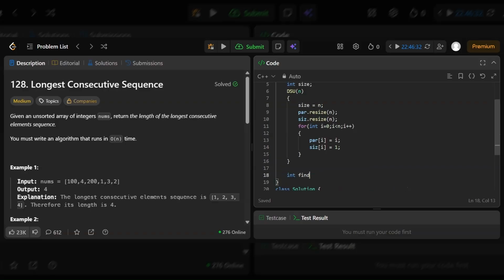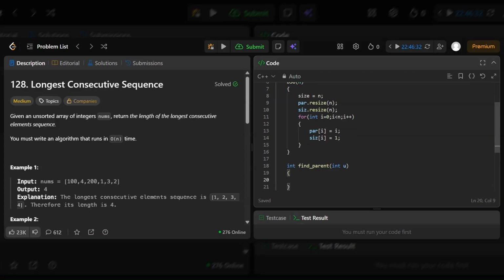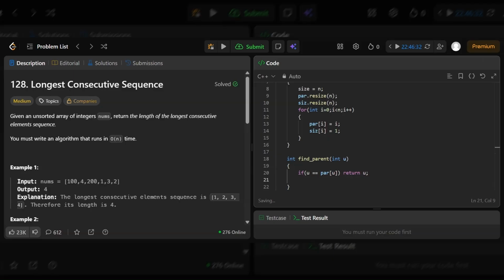Now int find parent, int u. If u is equal to parent of u, then return u only. U is the only parent of u. Otherwise, return parent of u as find parent of u.